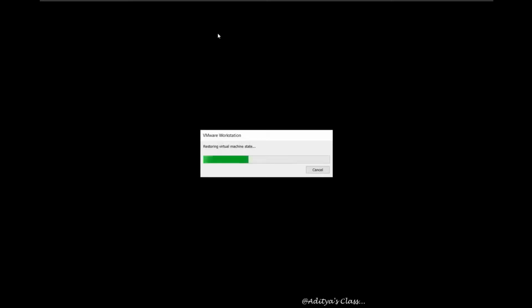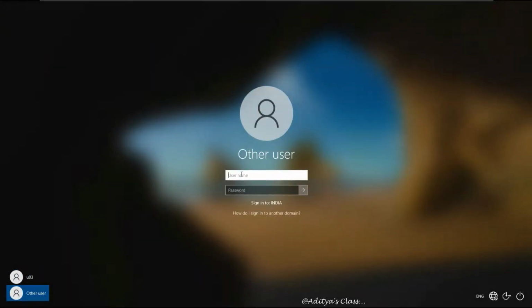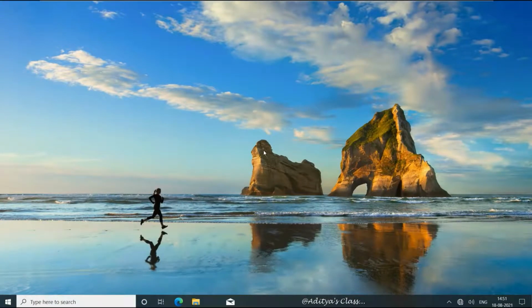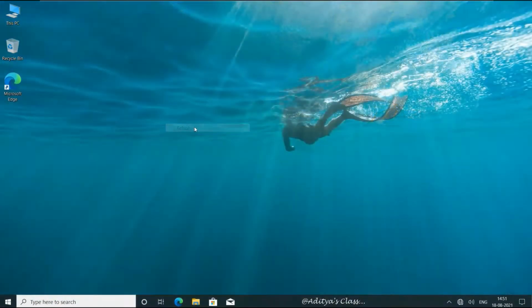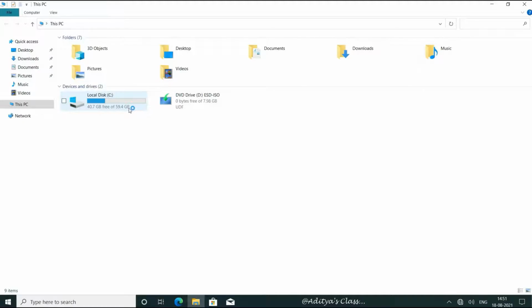Now we'll be using this Windows 10 client computer as our initiator. Now let's log in as a domain administrator. Okay, we are in. Now, to make this computer as a initiator, we need to start a service.